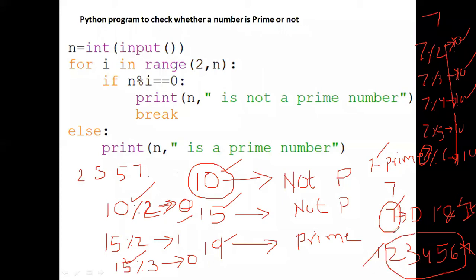Now I'm going to find the remainder for all these numbers by using this number 7. 7 % 2, I find the remainder. If I get any non-zero value, then I check with 3, then check with 4, then check with 5, and then check with 6. Now all the numbers except 1 and 7, it is not divisible. So 7 is a prime number.